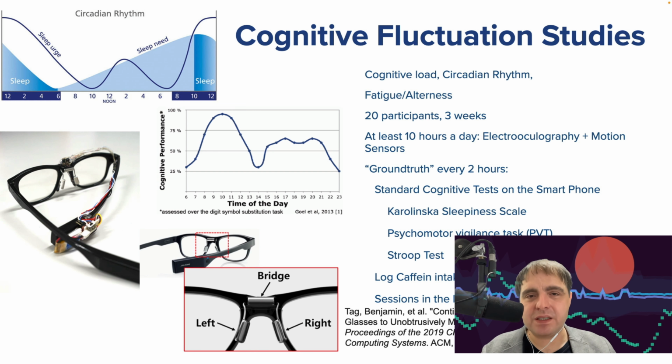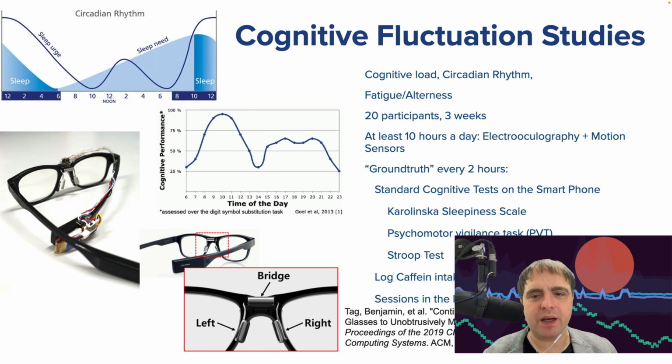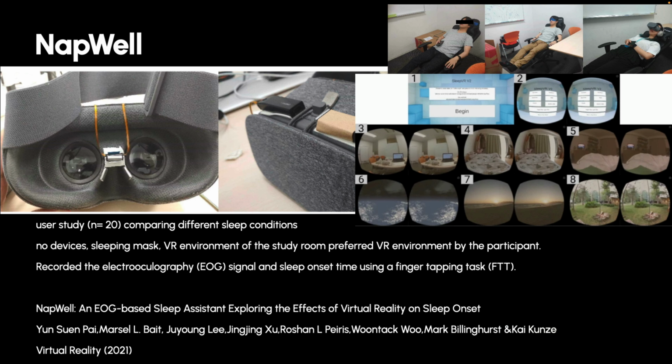And then over this, especially over this reaction test, we could find some correlation to the alertness level that we could detect over the eye movement, so over the blink and also over the left and right and up and down eye movements. So yes, we can tell how fatigued or alert somebody is from these type of glasses. And we can also detect sleep onset with the same type of sensor.